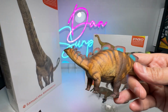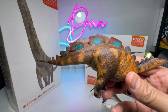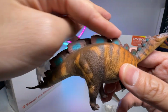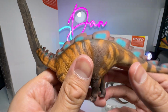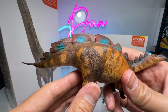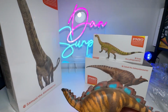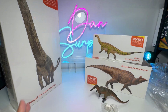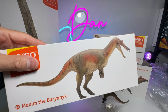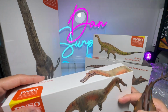So this is a really beautiful stegosaur, as you can see. It has a lot of similarities with the Stegosaurus. It has 4 spikes at the end of the tail. It also has plates, but the shape of the plates is slightly different from the Stegosaurus. So at first glance at this figure, I love the color combination. I love what they have done here, the turquoise paint to make the dinosaur stand out, because most of the time you can see the figures from PSNO feature mostly earthy tones,